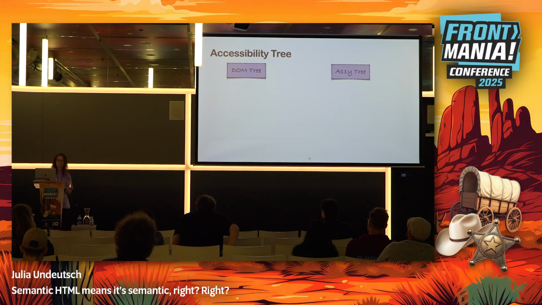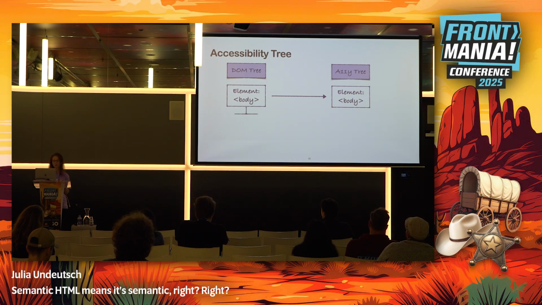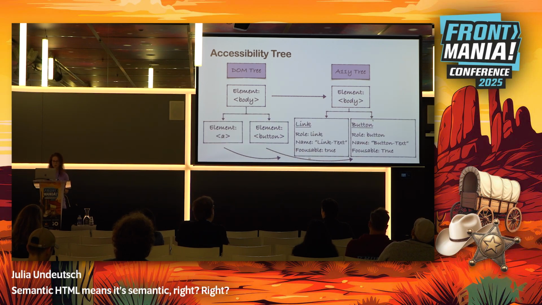How does it work with the accessibility tree? So, as I already mentioned, the accessibility tree is like a mirror of the DOM tree, but it only renders nodes which are really important for the users using assistive technology. So we do have the body element, and we get way more information in the accessibility tree than we do